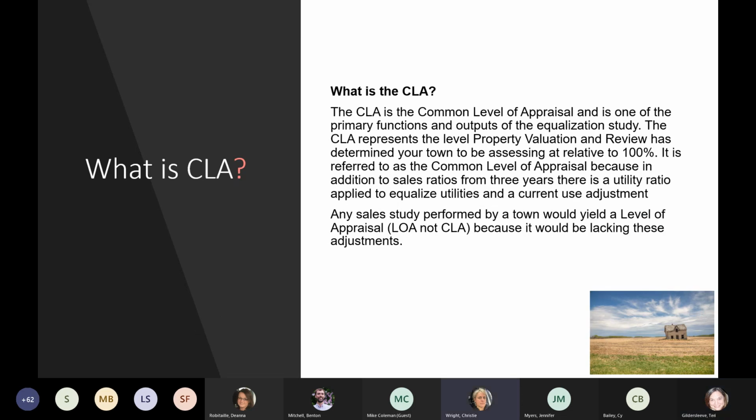What is the CLA? The CLA is the common level of appraisal and is one of the primary functions and outputs of the equalization study. The CLA represents the level property valuation and review has determined your town to be assessing at relative to 100%. It is referred to as the common level of appraisal because in addition to the sales ratios from 3 years, there is a utility ratio applied to equalize utilities and a current use adjustment. Any sales study performed by the town would yield a level of appraisal, LOA, not a CLA, because it would be